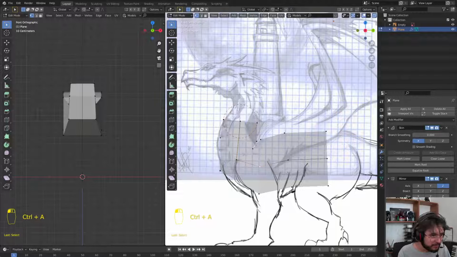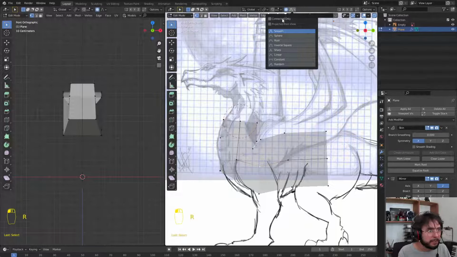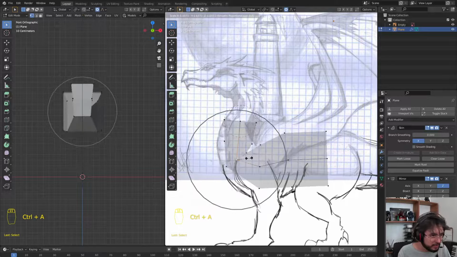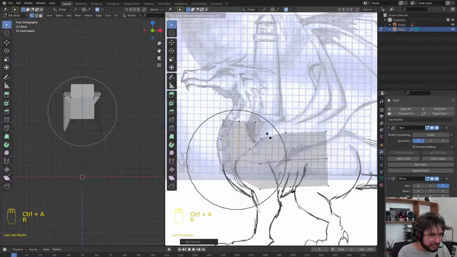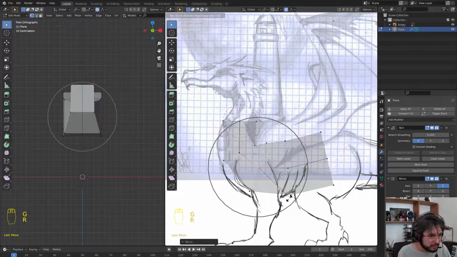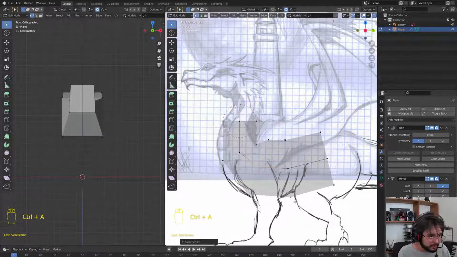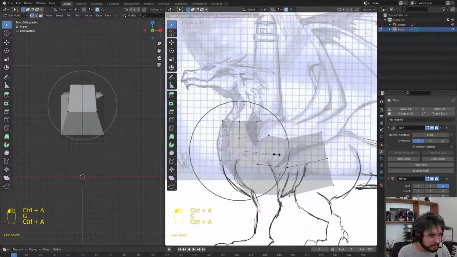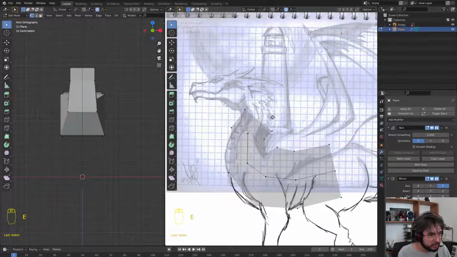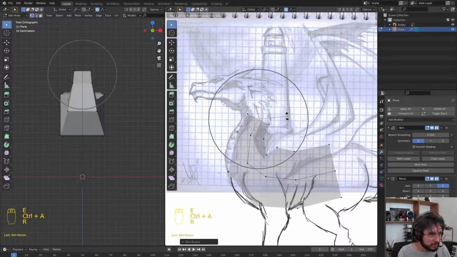Control A. We can apply the, how is it called, the proportional editing, so we can use it a little bit better. Okay, so Control A to scale it, E to extrude it, Control A to scale it,